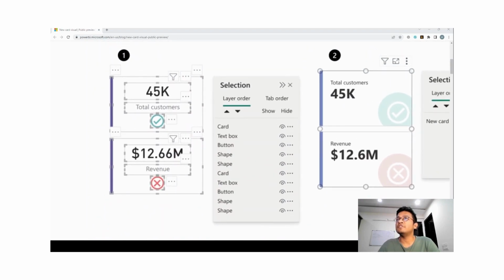We'll have a card here, then you would include a text box separately to label what this number or callout value shows. Then if you want an image, you'll put that separately. Then another bar for some visual design, which is also called an accent bar, you will have to put that separately as a shape, and then combine everything to create that one custom